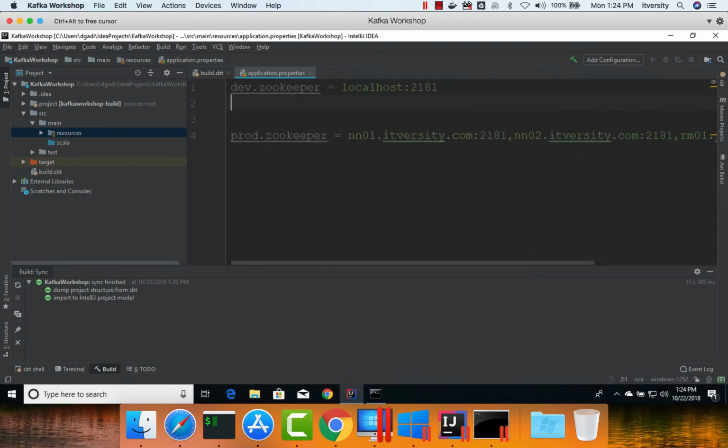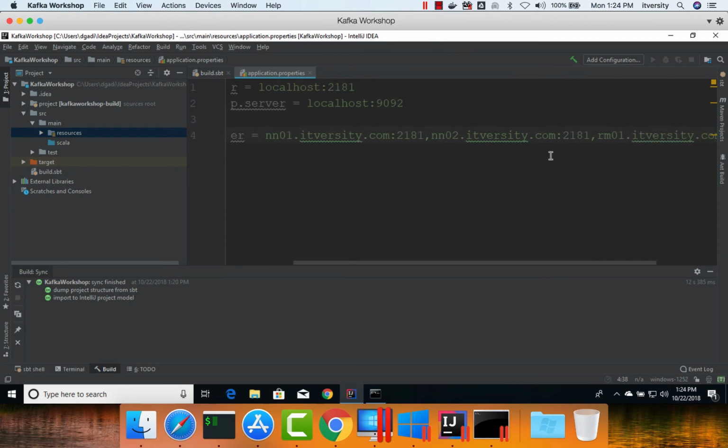On top of Zookeeper, we also need to connect to Kafka using the broker list, and broker list can be termed as bootstrap server also. So here we are using the term called bootstrap server, and then equal to, in local environment we'll be using localhost:9092,